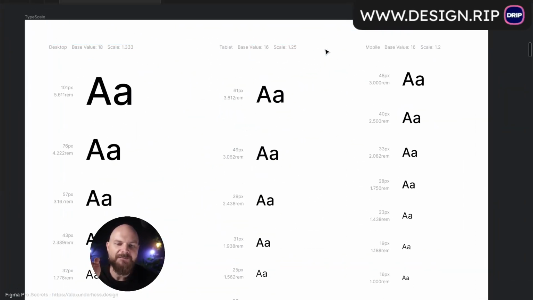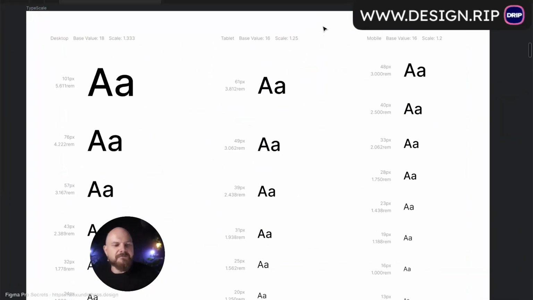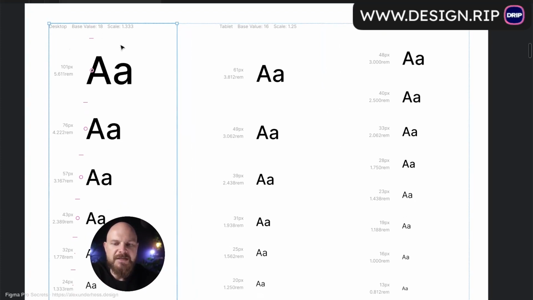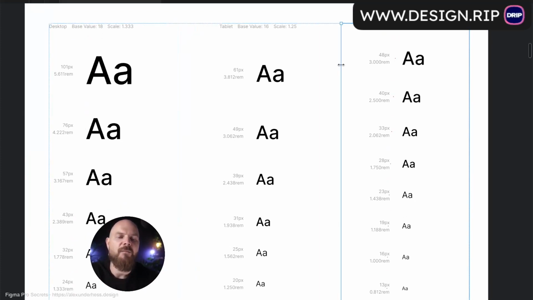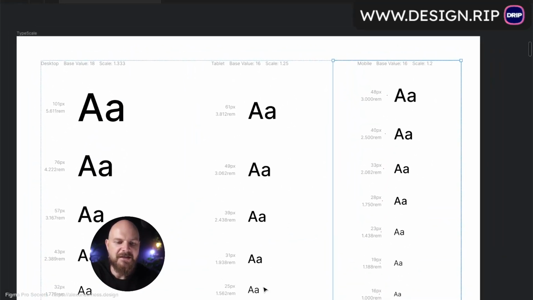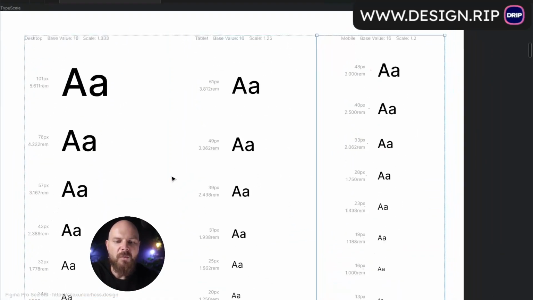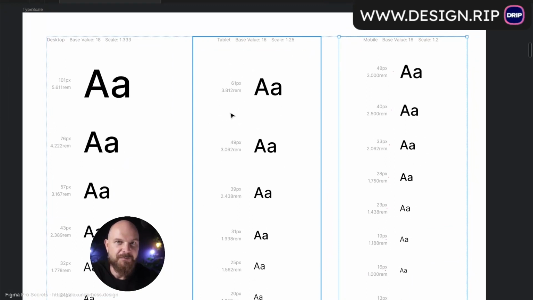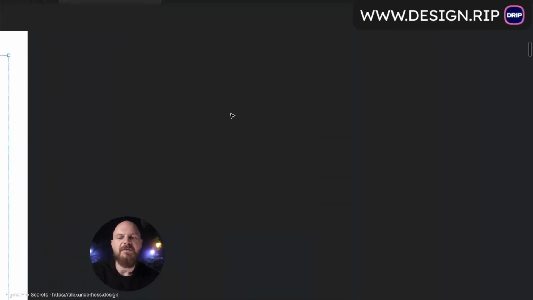This is a type scale that I created for you to show you what we will be doing. So we have a desktop type scale, we have a tablet one, and we have a mobile. And you see we have different sizes here. For absolutely everything, we have different sizes. But they have to match semantically. What does it mean, the semantic